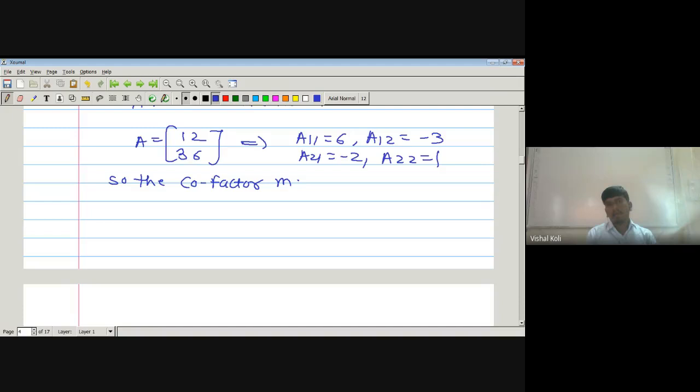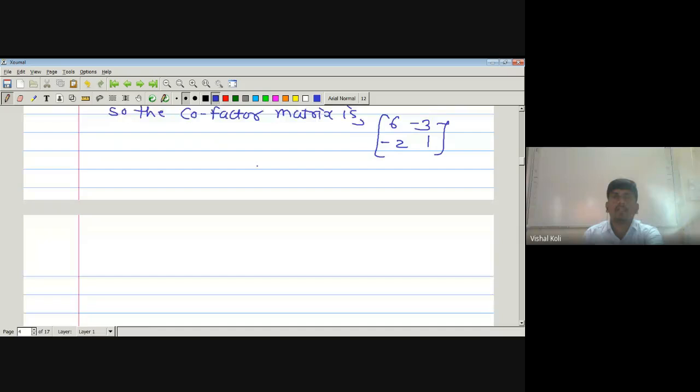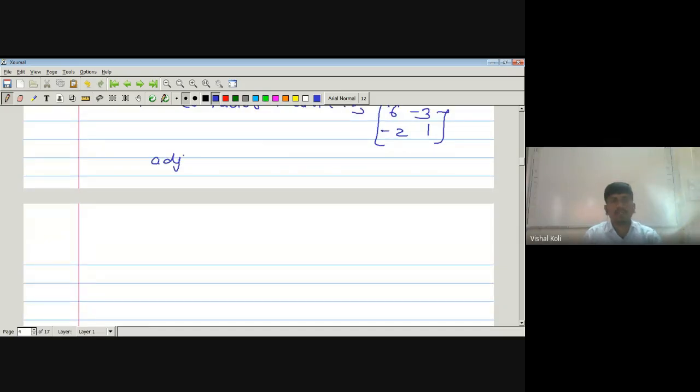So the cofactor matrix is 6 minus 3 minus 2 1. This will be the cofactor matrix. Now the adjoint of matrix A is nothing but its transpose, 6 minus 2 minus 3 1. Now consider adjoint of A into B,